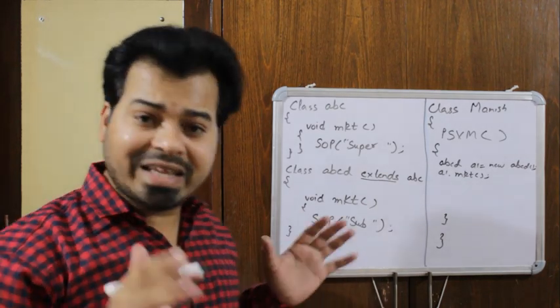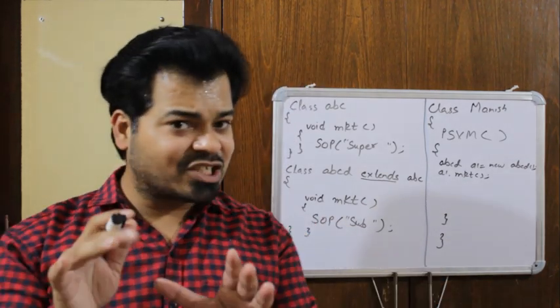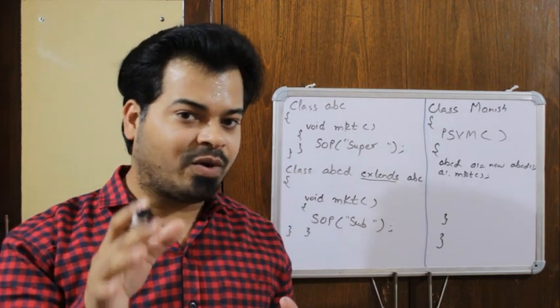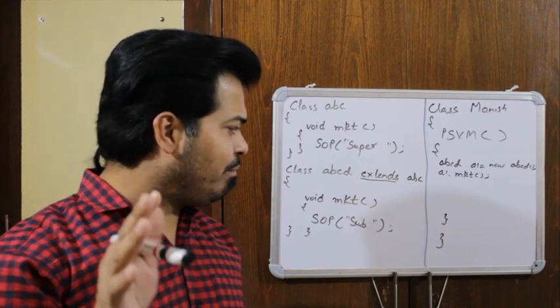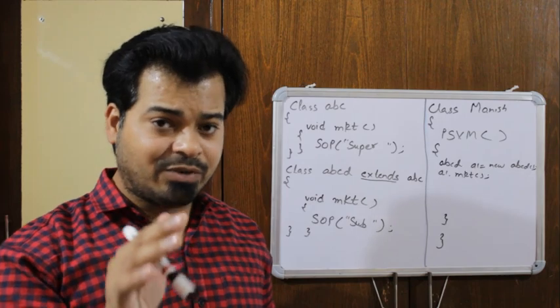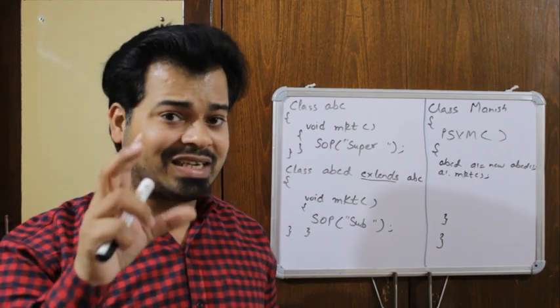In case you have still not understood, now let's go to the system and execute this program, and there I will make you understand what exactly method overriding is. I believe you have understood it now. In case not, let's execute a program and make you understand what exactly method overriding is.